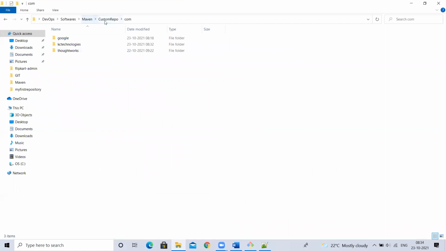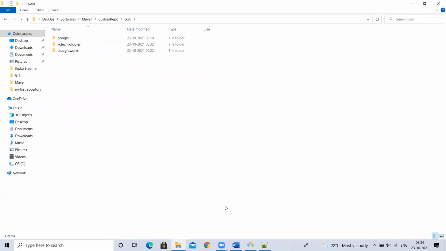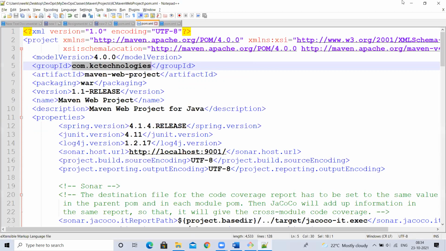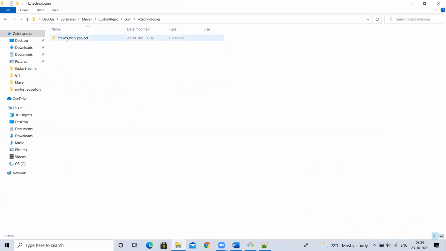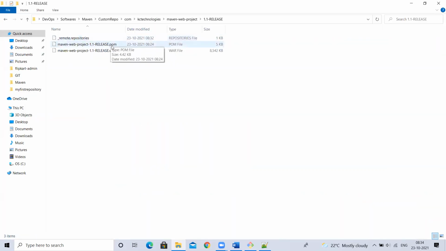Okay, so under my local repository, I'm not using default repository, I'm using a custom repository. Inside this com.kc technologies, I have given the group ID as that, right? So it is using that. Under this, you can see 1.1 release. Here my war file is there.